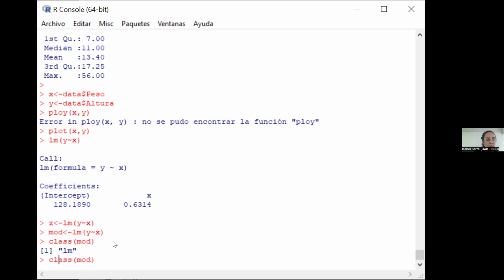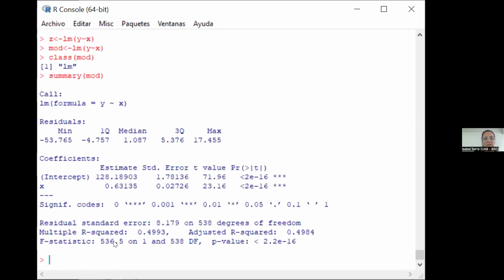Then when I do summary of mod, it's going to report a summary of this type of object. And the type of object that linear model is, is this one. Here you can see all the summary of a linear model, okay? You can see again the intercept, the independent term of the line, is the same as before. This is the slope, but the most interesting is this set of numbers where some statistical testings are produced. In this case, for instance, you can see this number,